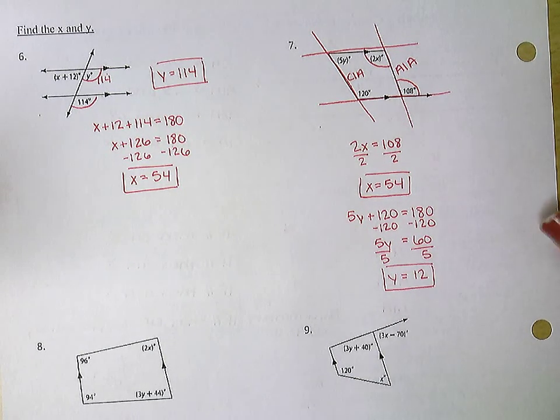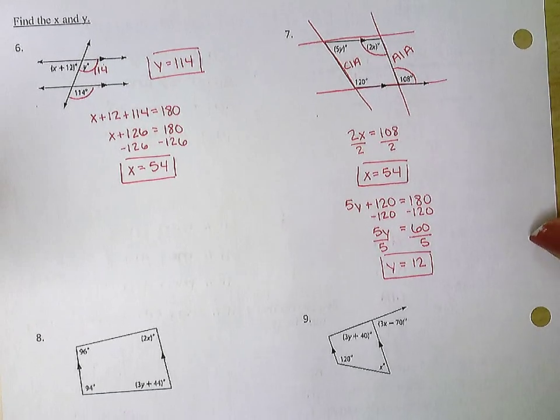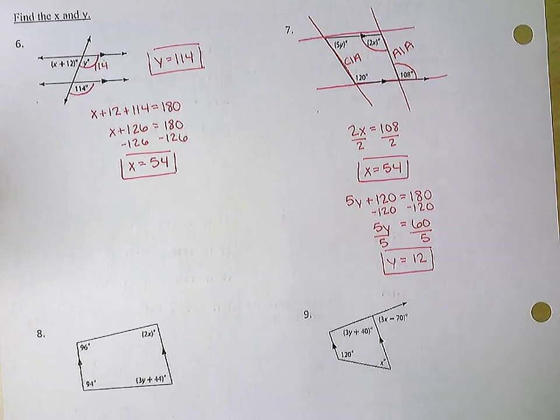Okay, questions? Do you understand the process I'm using here of how to find what those angle pairs are? You will be given that these are parallel lines, but you have to figure out what the angle pair is with those parallel lines. Okay, do you have any questions on how I did those two problems? Do you understand how I did them? Okay, because